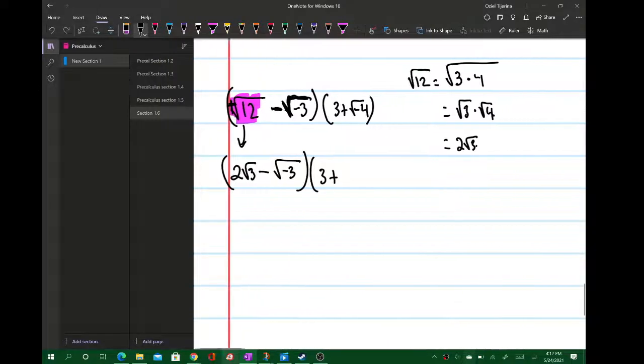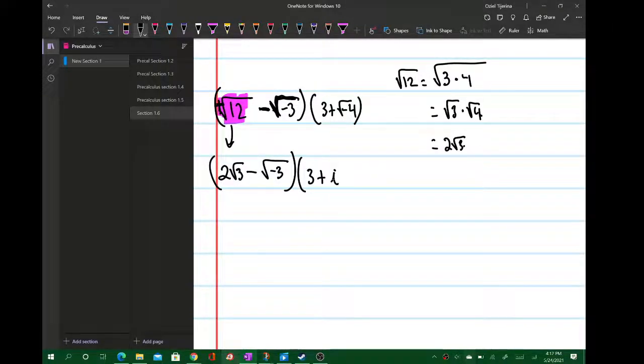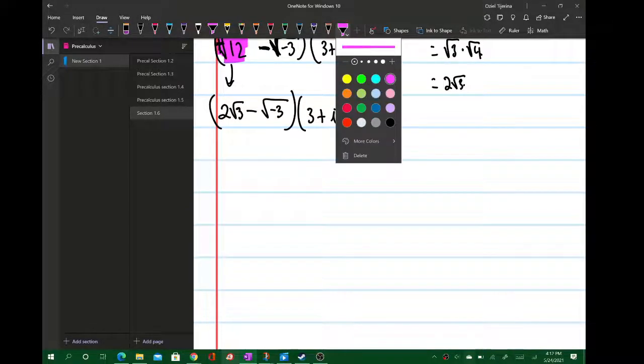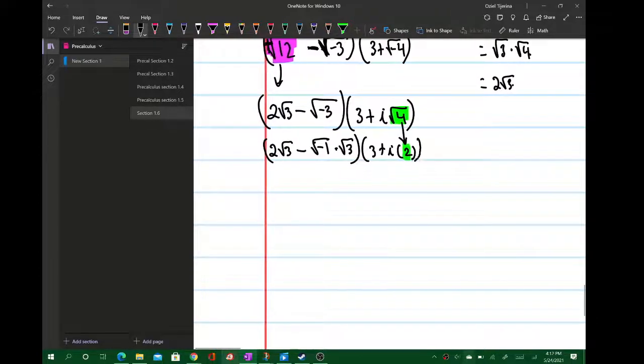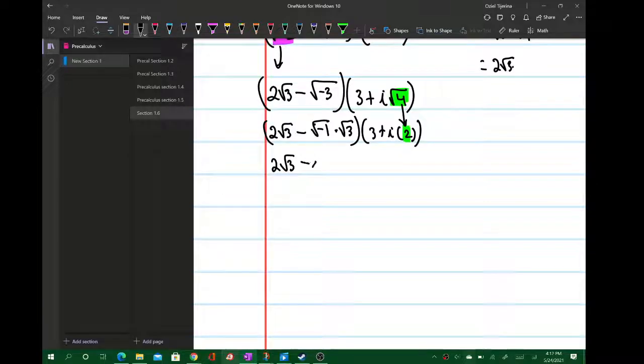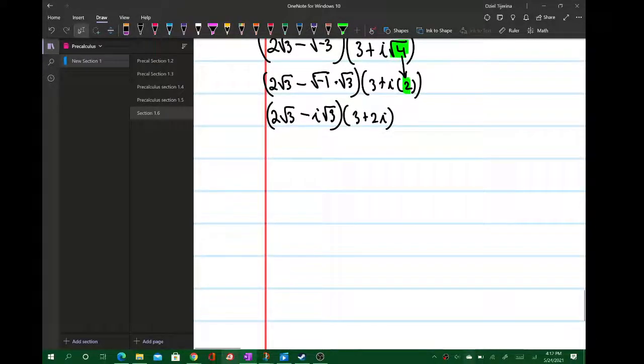times 3 plus, and then the square root of a negative number is i, and then we have the square root of 4. So then we can simplify the square root of 4, and that's going to give us 2 square root 3 minus, and the square root of a negative number again is i, so you have i square root 3. You can also do it this way, where you say minus the square root of negative 1 times the square root of 3, and then times 3 plus i times 2, because the square root of 4 is 2, right? So then you have 2 square root 3 minus i square root 3